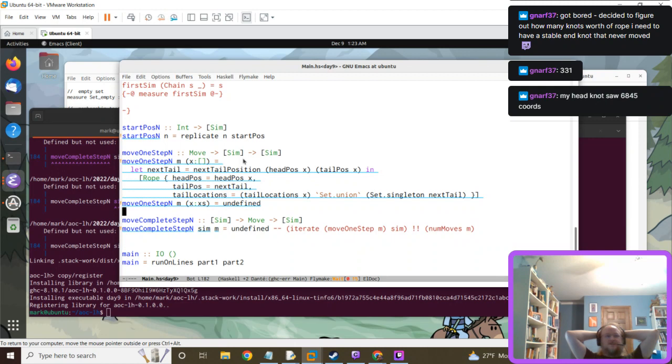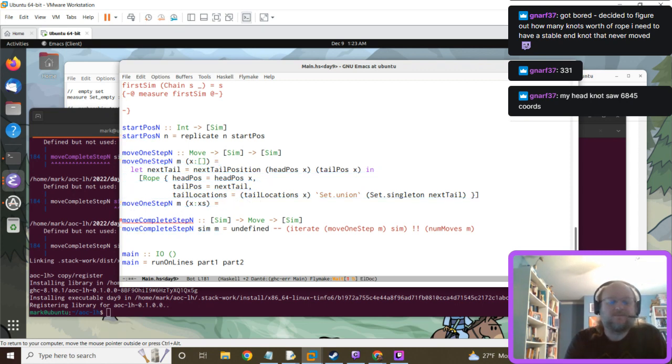Okay, so we can verify at runtime that this is the case to keep the checker happy. All right, let's give it a try. No, so we need to signal that the head is different. So